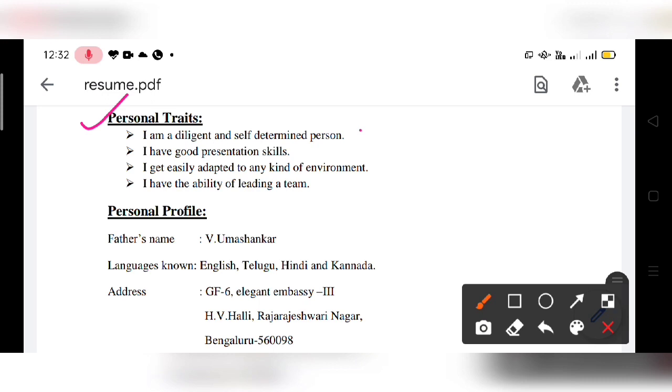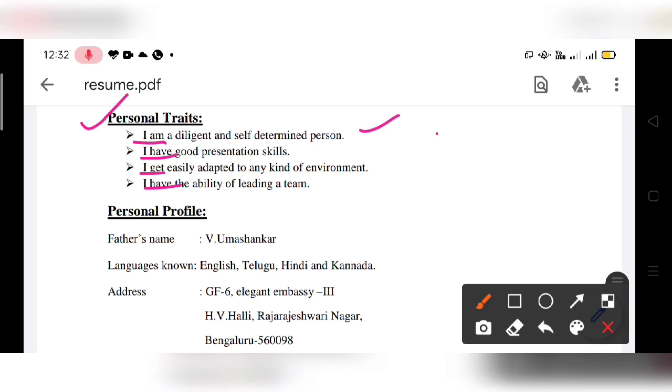Coming to personal traits or the strengths, you can also mention it as strengths or personal traits. I am a diligent and self-determined person. This girl has started using only sentences like I am, I have, I get, I have. So if you are starting in this pattern, let the strengths be in this pattern.